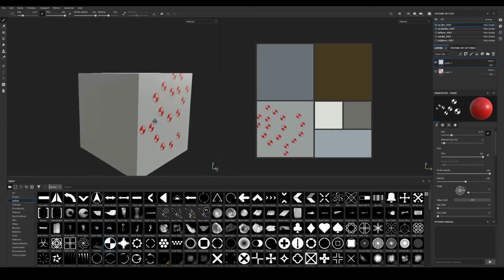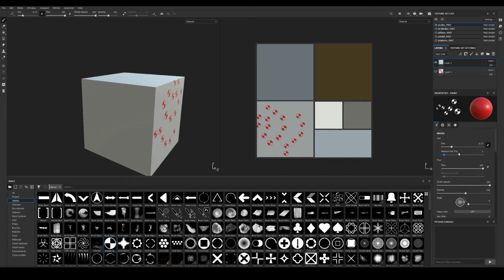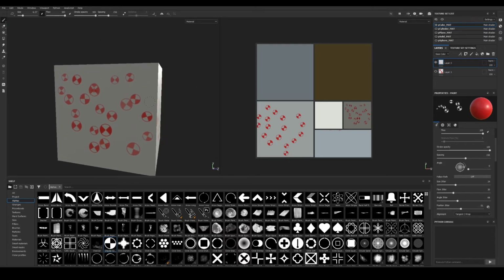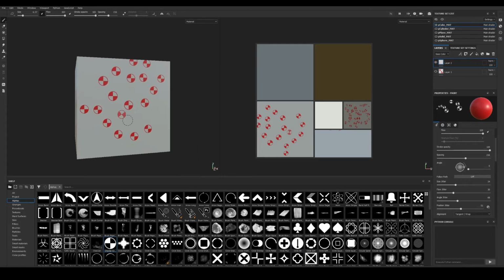So we can create very interesting brushes. We can also jitter things a bit higher. And maybe it's not the best alpha, but I think you can get the point of what you can achieve with